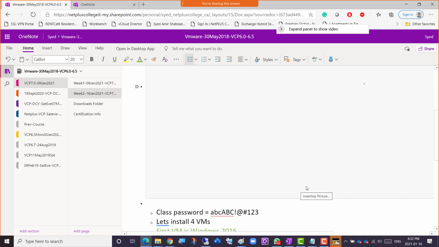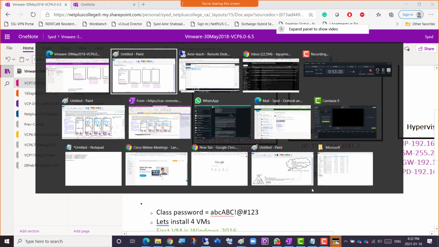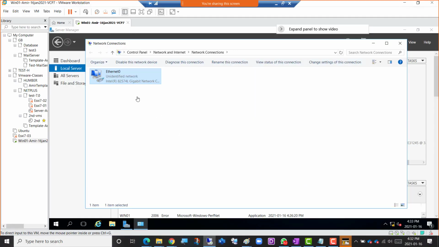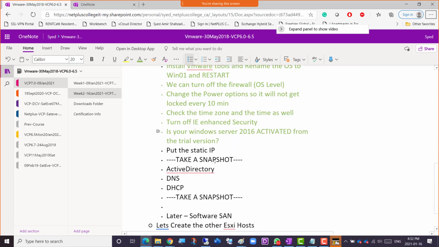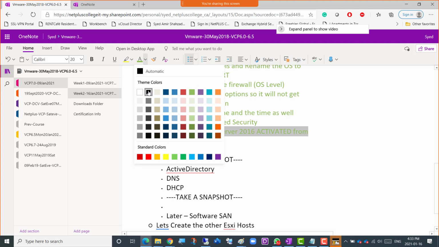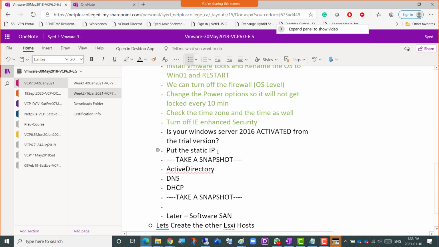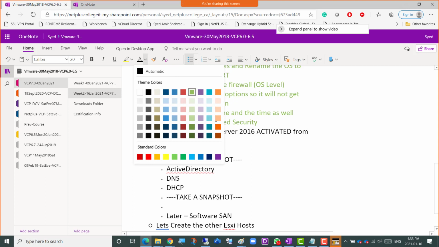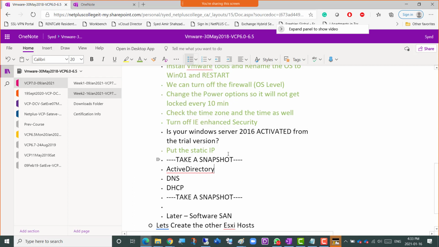So it should be updated on your side if you have the OneNote there. Hopefully you have. The static IP is given as well, but this I was not able to confirm that. So this has been done. Okay, so without activation,